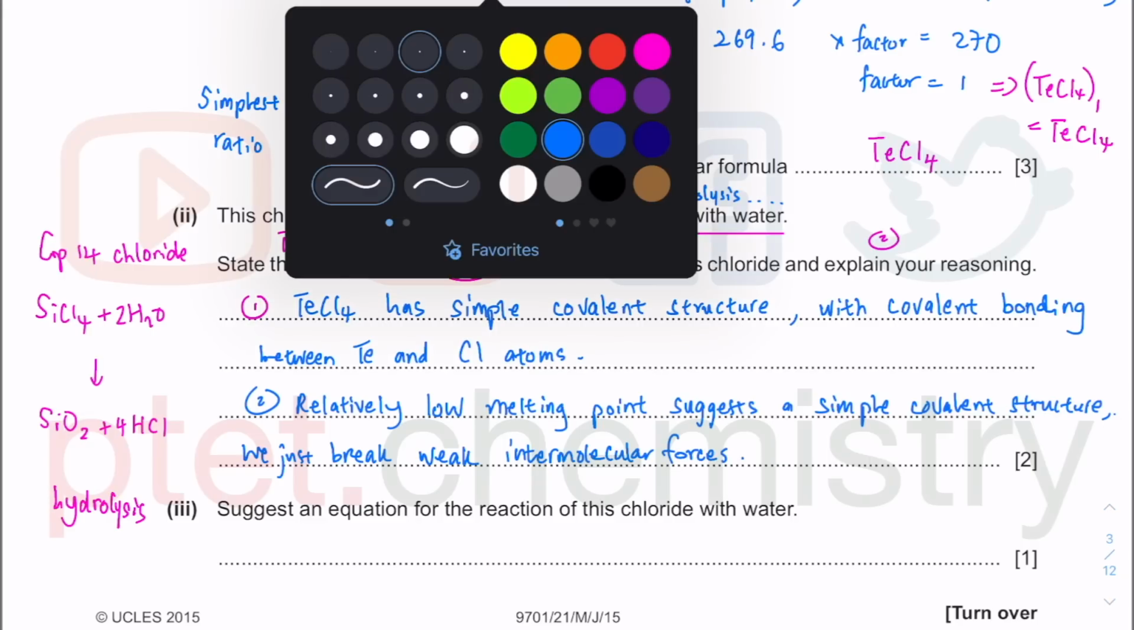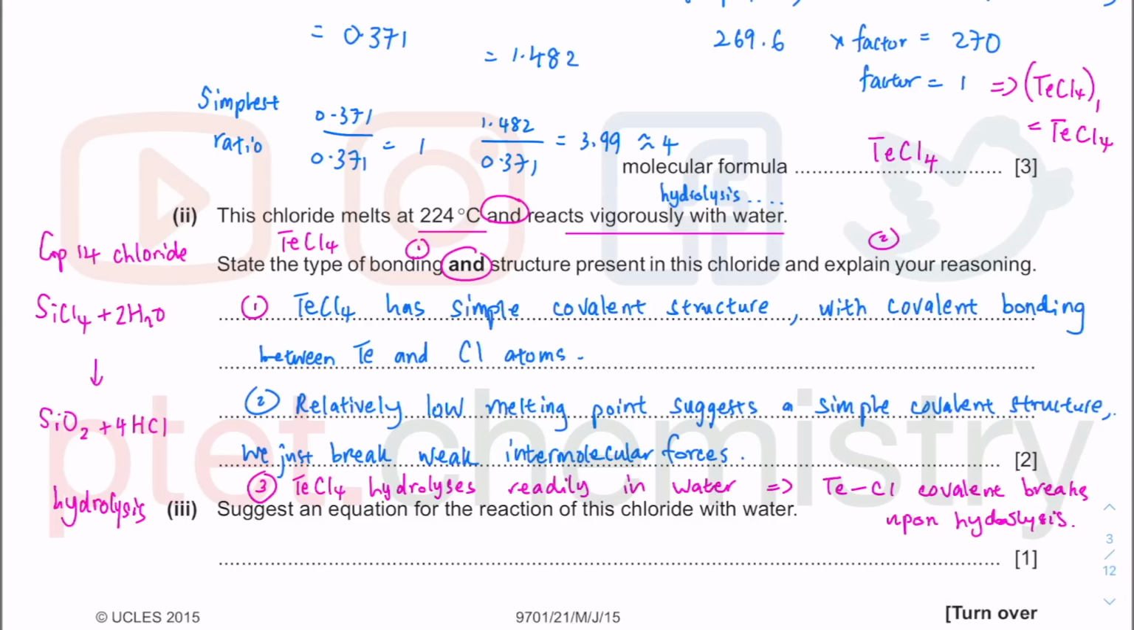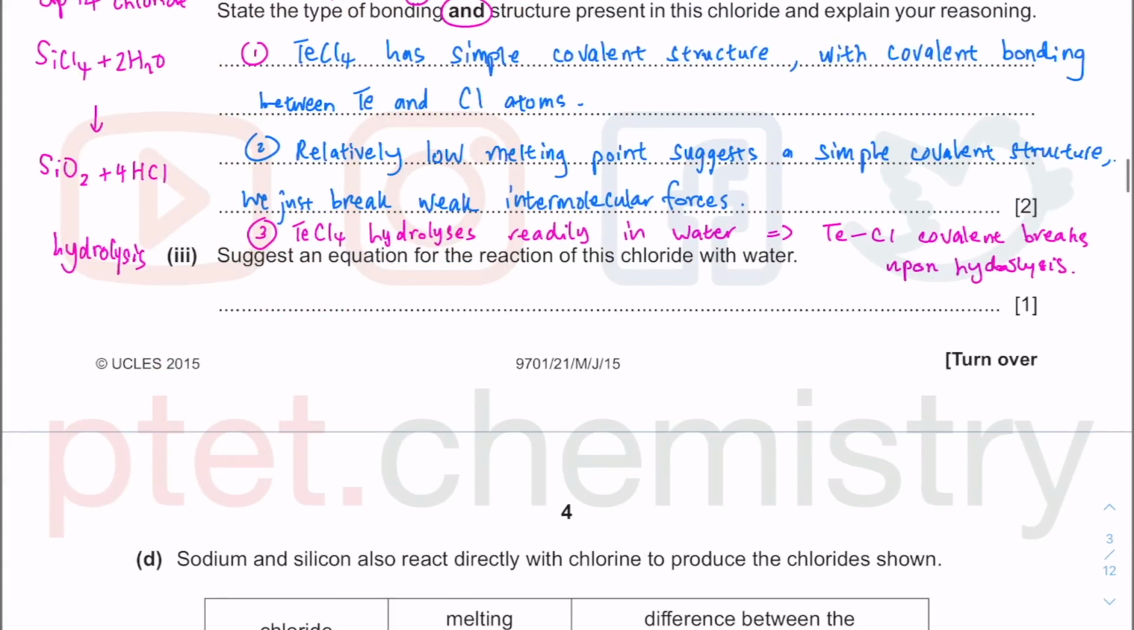Last but not least, I should really explain the other thing as well, because this reacts vigorously. So we can say TeCl4 hydrolyzes readily in water. It doesn't just dissolve in water, it hydrolyzes readily in water. Meaning to say the TeCl covalent bond will break when you react with water. Upon hydrolysis, we don't really have to specify the product, but there is a violent reaction as a result of the hydrolysis happening. Well, actually, we might have to, because they are asking what happens when the TeCl4